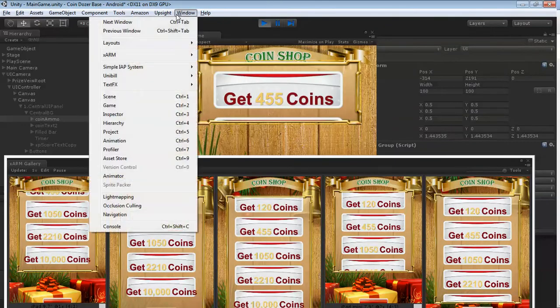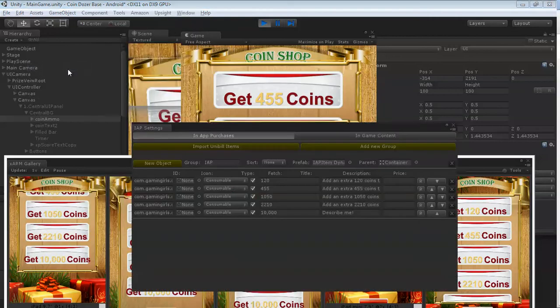We go to Window, Simple In-App Purchase, Simple In-App Purchase Settings. From here, we just import Unibill items. And we can remove this guy. And the name is dynamic. So whatever we have here is what the button will say. So if you remember last time,